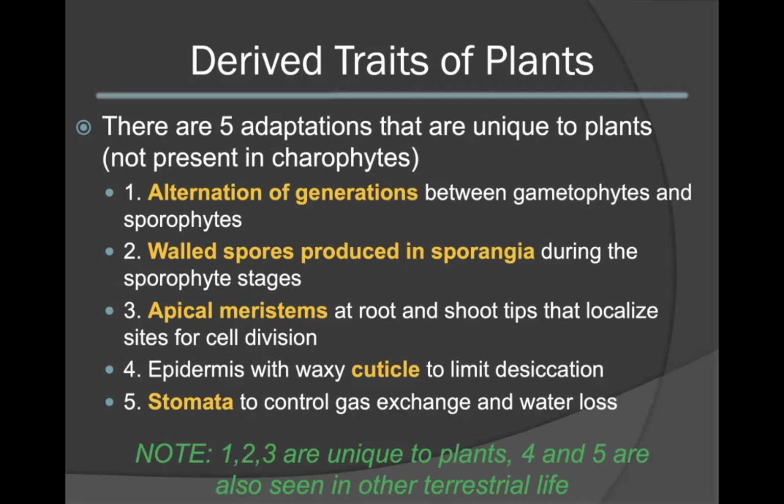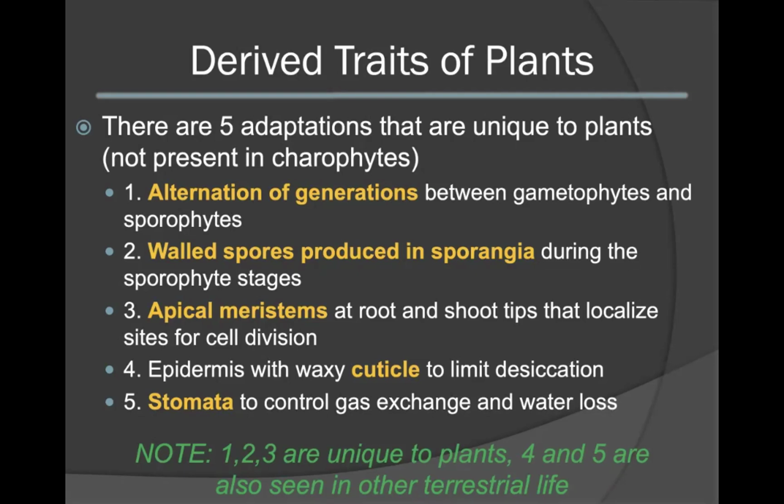Apical meristems that occur at root and shoot tips. These are localized sites responsible for cell division. An epidermis that has a waxy cuticle. This is to limit the loss of water in a terrestrial environment. And the presence of stomata that can open and close to control gas exchange as well as water loss. Note that 1, 2, and 3 are completely unique to plants, whereas 4 and 5 are also seen in other